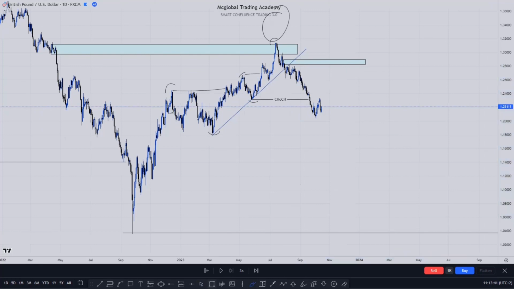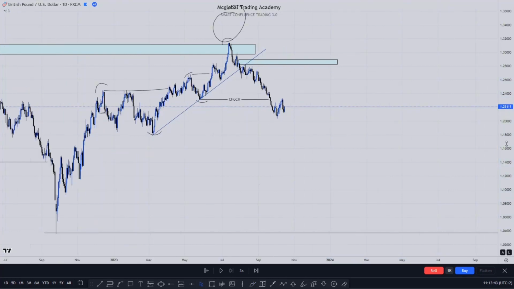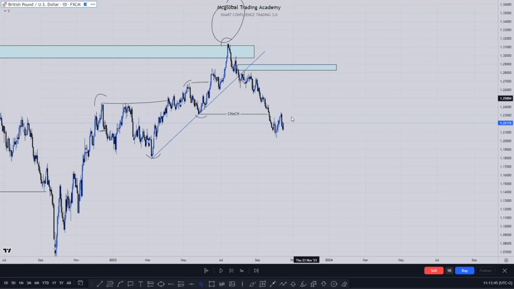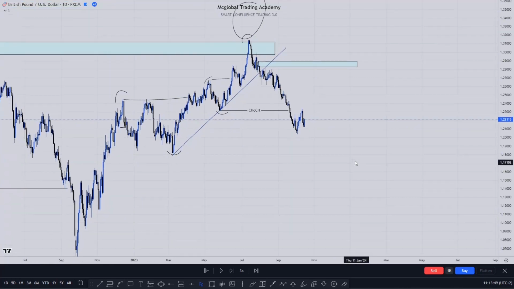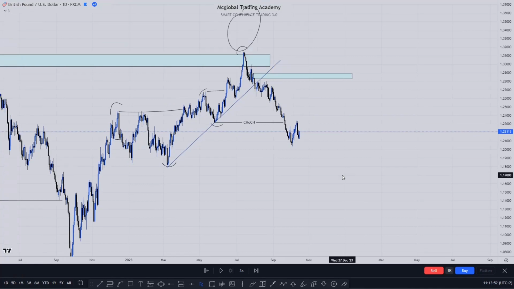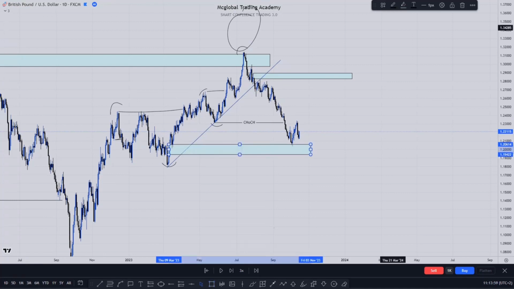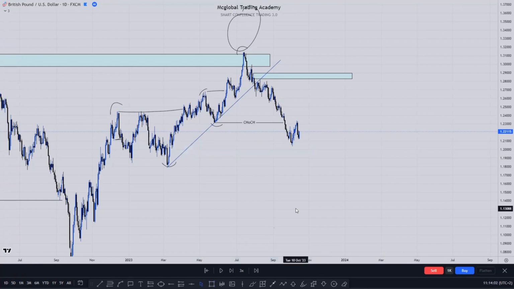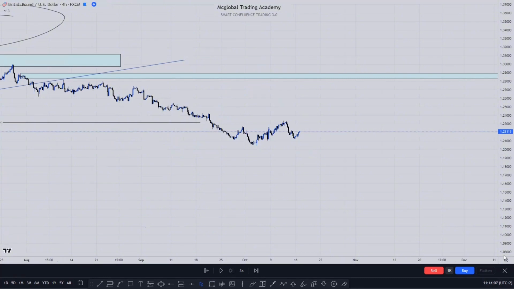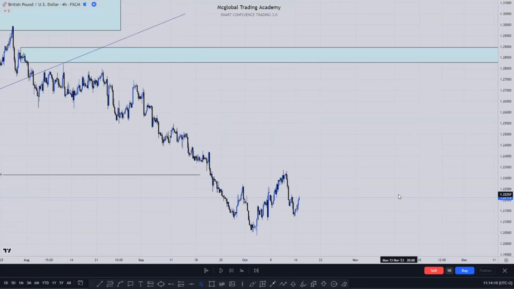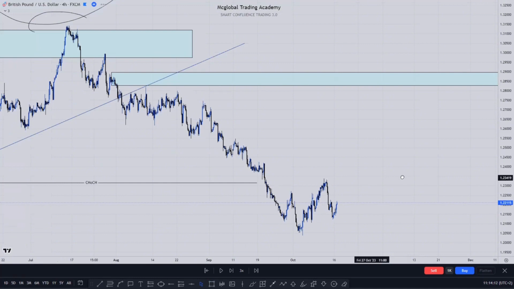So meaning our focus is for the market to push into this supply before it continues going down, right? So after having analyzed all of that on a daily perspective, which is my main analysis time frame, going down to lower time frames, whether it's 4 hour or 1 hour, I'm just going there for extra confluence. For example, on 4 hour, you can now see that internally now already that pullback that